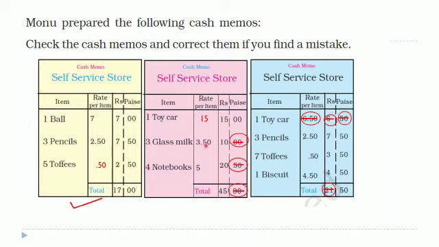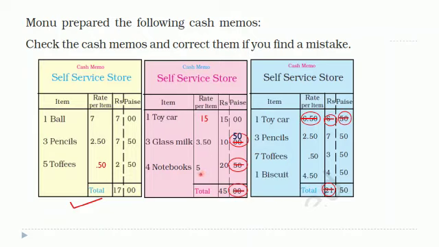Now 3 glasses of milk, so that is 3 rupees 50 paise, 1 glass of milk cost. So what do we have to pay for 3 glasses of milk? We have to pay 10 rupees and 50 paise. So you have to cut 0 and write there 50 paise, because we have to add 3.50 three times. So 3 plus 3 plus 3 is 9, and 50 plus 50 paise is 1 rupee. So that becomes 10 rupees and 50 paise remaining. So write 3 times and then add and see.